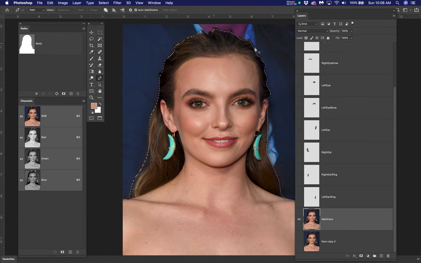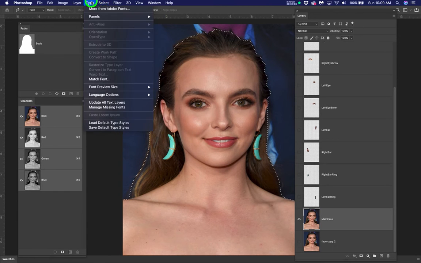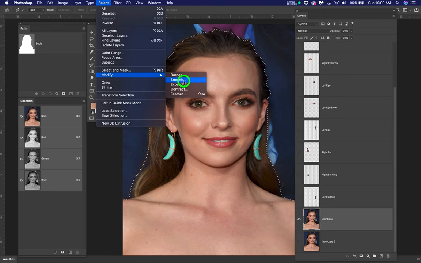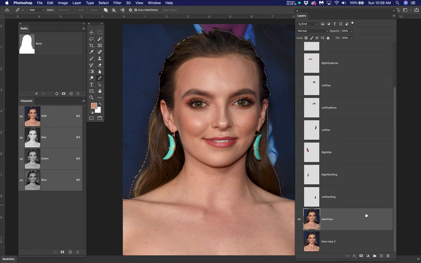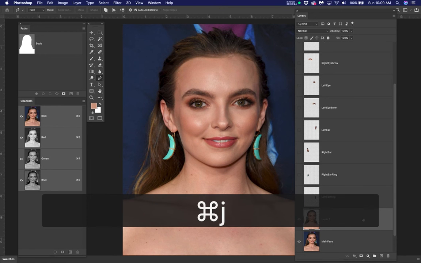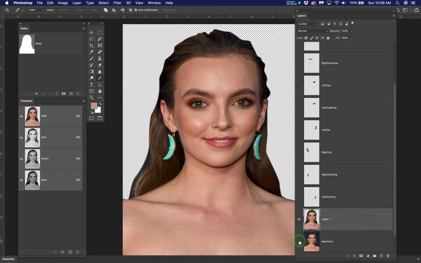Now I want to add a feather to this, so I soften the edge. So I'm going to go to Select, Modify, Feather. And I'm going to go about 3 or 4 pixels around her edge, all right, like this. So now I've added 3 or 4 pixels to that feather. So watch, I'm going to click down to the main face and hit Command J or Control J. Now I can turn this off. Now I have her cut out, okay, and she has a relatively soft edge,